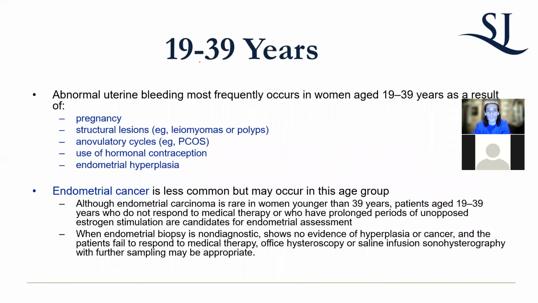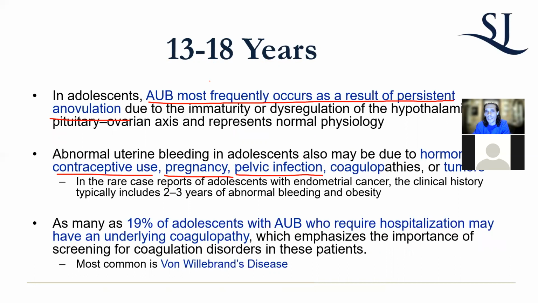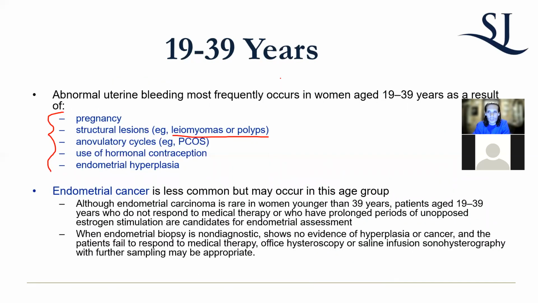19 to 39, this is pretty much all comers, but this is where fibroids come into play. Now that you have had estrogen on board for a while, polyps and fibroids can grow. In the 13 to 18 age group, you haven't really had enough estrogen to develop fibroids, unless you have someone who's morbidly obese at a young age, then you can do it. PCOS starts to become a problem if it's present, and endometrial hyperplasia is a consideration, but usually only if somebody's morbidly obese, because you have so much estrogen E1 on board, it can cause hyperplasia. Other than that, it's very rare in this age group because it's just not commonly seen in younger women.